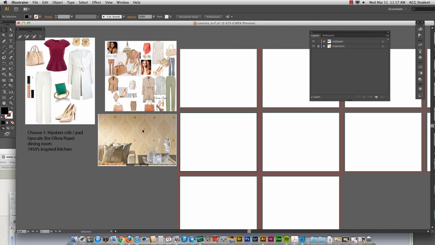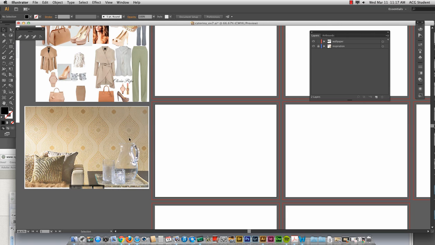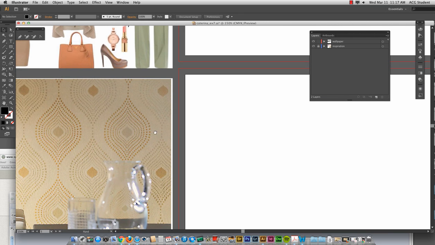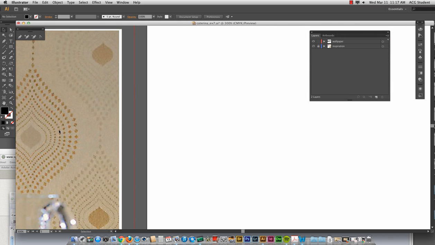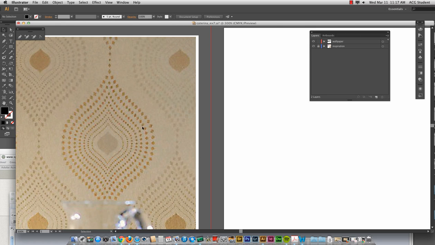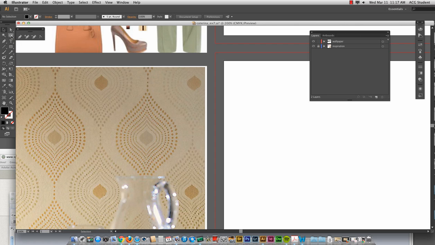Now we're going to start just making simple shapes. And if we look in on this shape, these are actually just this shape repeated over and over and over again. Or they may actually just even be diamonds. It's too hard to say. But if I wanted to, I could grab the pen tool. One, make sure I have a stroke, no fill.